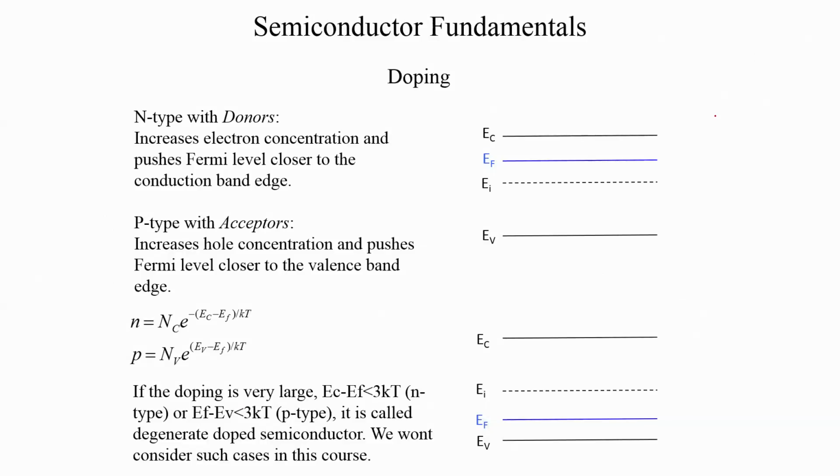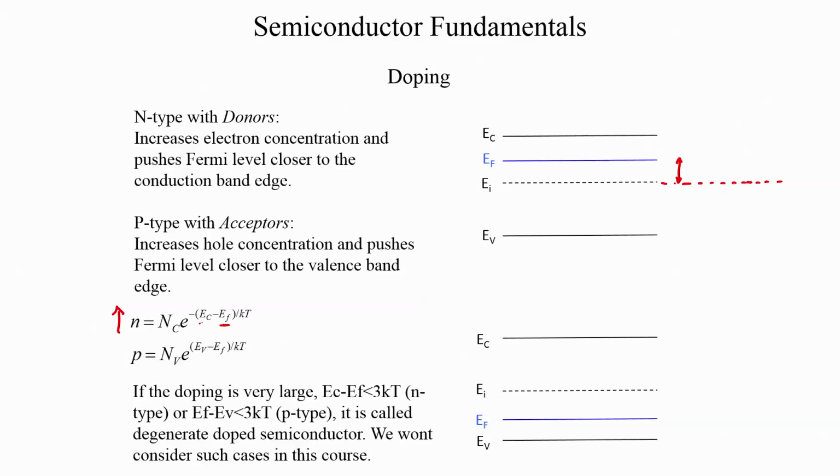So, here is a clearer picture of what I was talking about, which is when you dope the semiconductor N type, you find that the Fermi level EF moves above and towards the conduction band. So, this is the imaginary intrinsic Fermi level position, which is no longer valid because we no longer have a pure semiconductor. So, this was the Fermi level location when the semiconductor was pure, and we now doped it N type, which means we have increased the electron concentration,